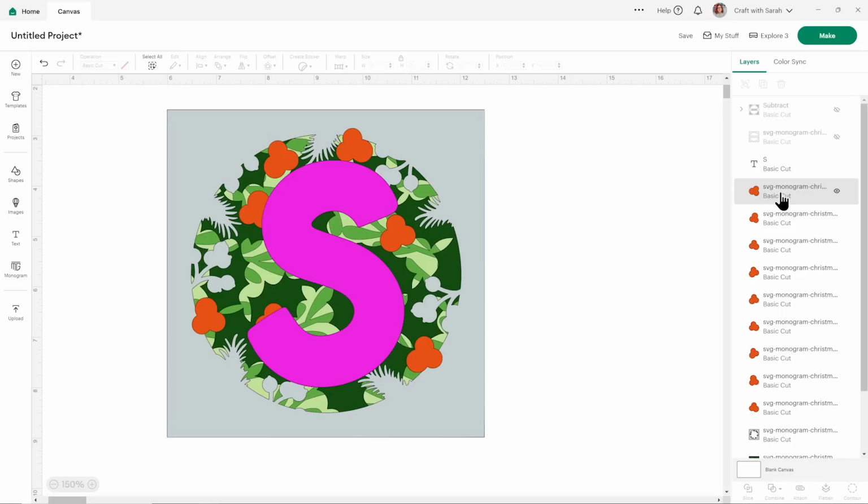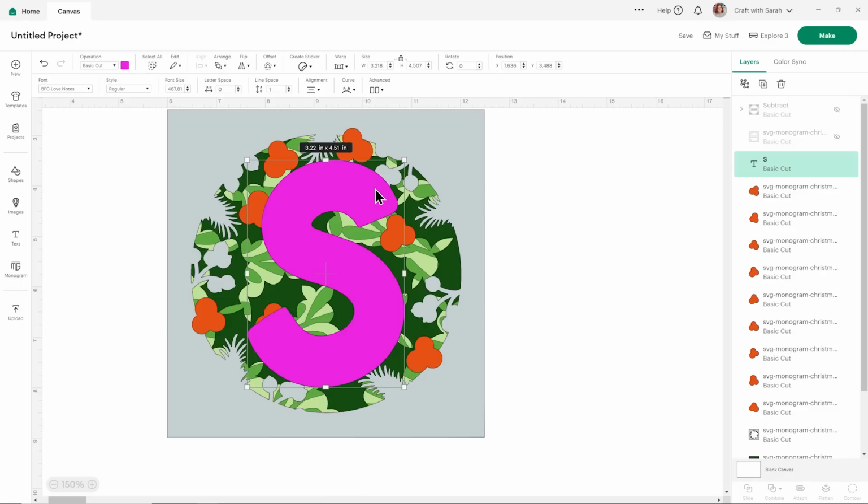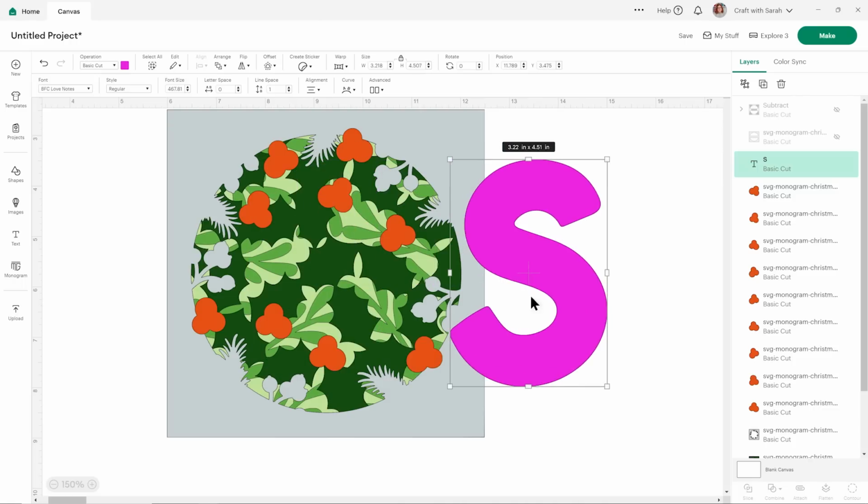Now that you've got to this point, there are a couple of ways you can move forward. You could just cut this letter all on its own from a piece of cardstock and then glue it into the middle of the shadow box when you've stuck everything together. The problem with that is that you don't have the shape of the letter on all of these pieces underneath, which means you might find it difficult to get a good amount of depth and dimension with your foam squares, because you can't really stick anything on here because then it will appear lower down than the green.